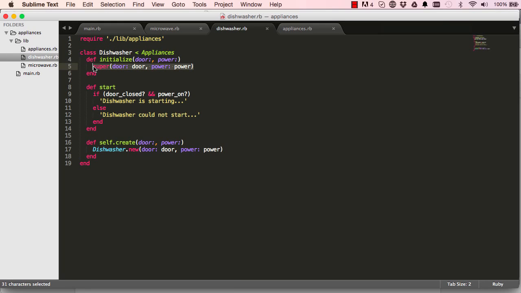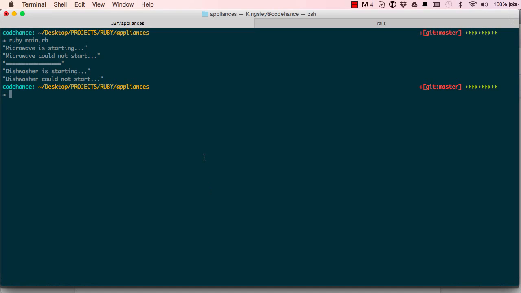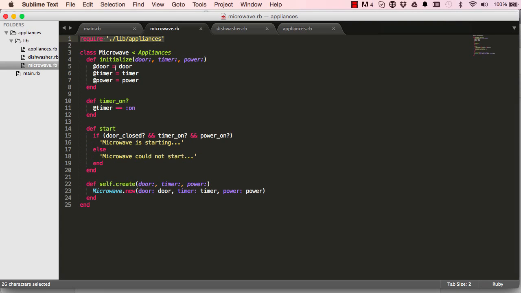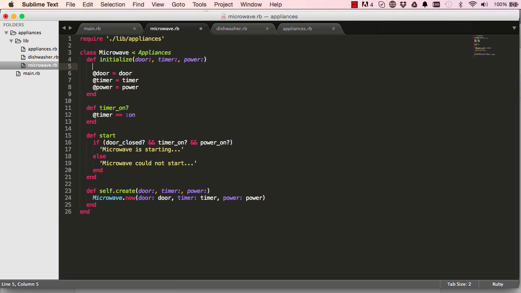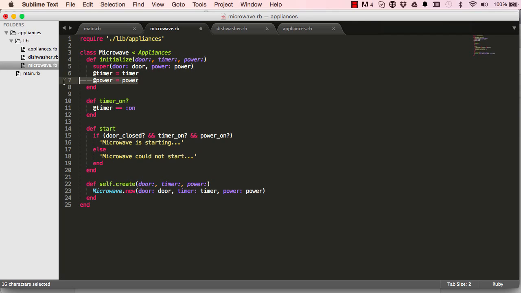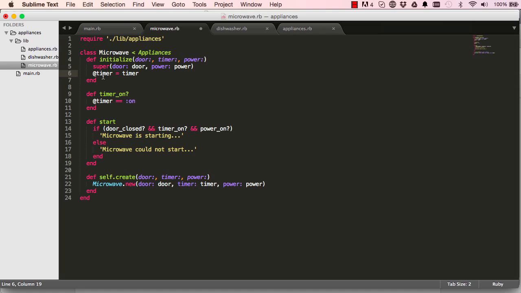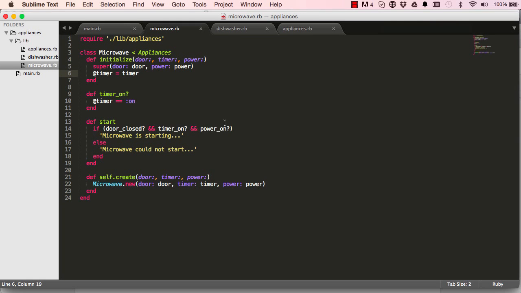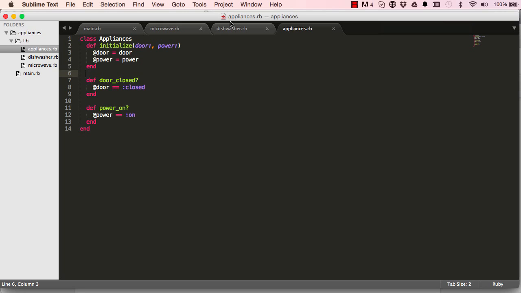Alright, so I can copy this, but before we do, let's always run just to make sure. So everything is good. So we're going to our microwave. So we paste this here. So that takes care of door and power. So that means we don't need door anymore and we don't need power anymore. So timer we need, so we set that manually. So again, this goes into appliances and runs initialize method, and then it does this after that. So if we run our appliance and everything is fine,